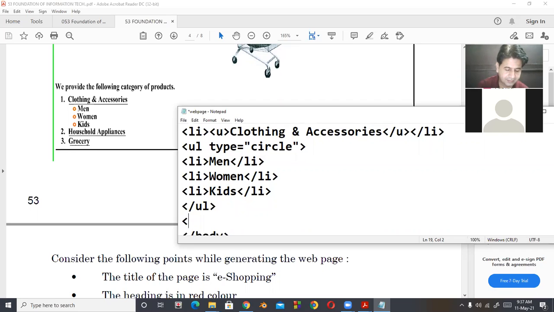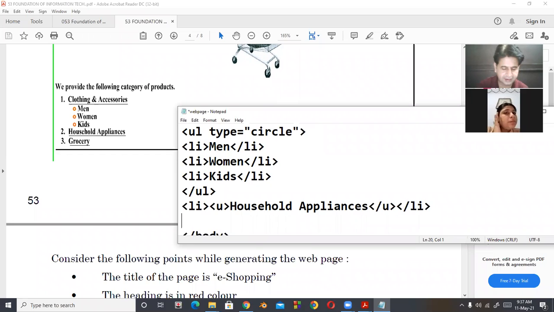So I'm taking here LI because it is underlined. So I'm taking here U tag, household appliances, U tag close, then LI close.